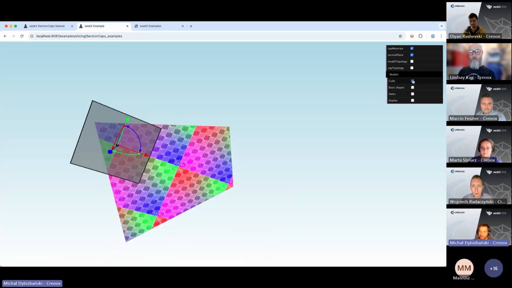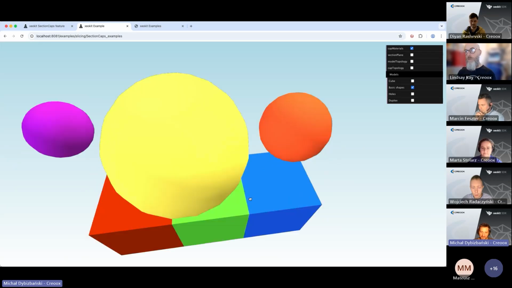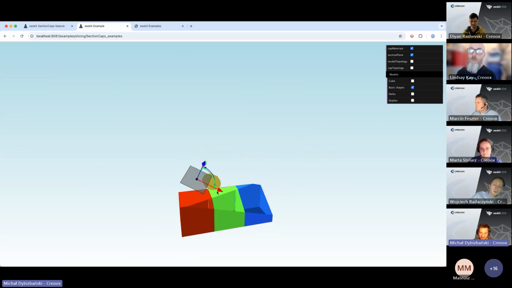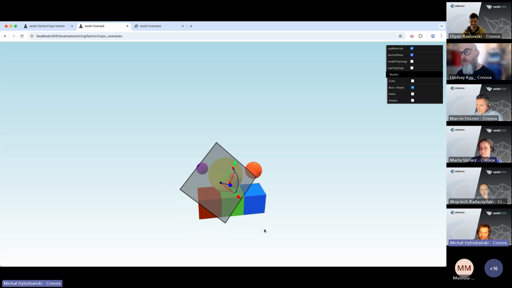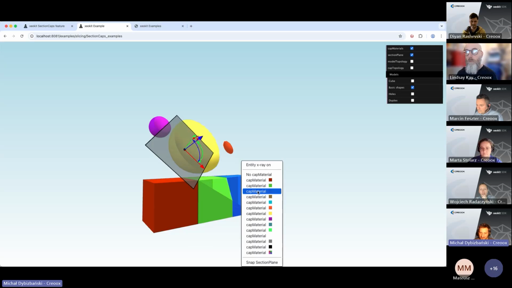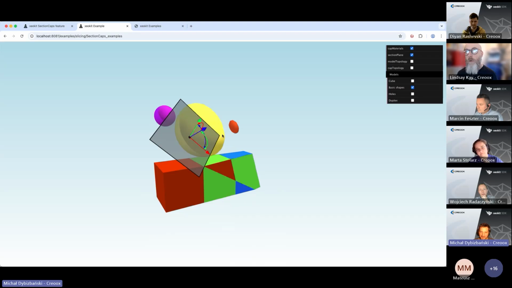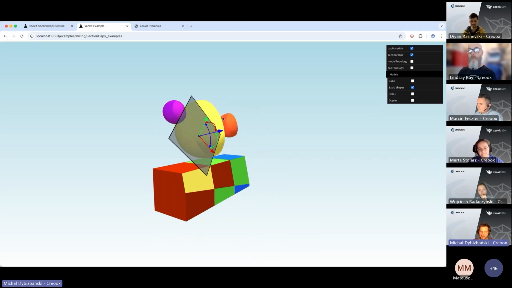Now I'll move on to a slightly more complex example. So here is a couple of meshes, and if I turn on the section plane again, let me put it into some order. Okay. Now, what this example demonstrates is that we can assign different cap materials to different meshes, to different models, basically, or rather entities. So you can see how each of these entities receives a different cap material,